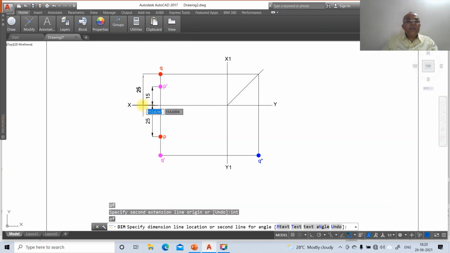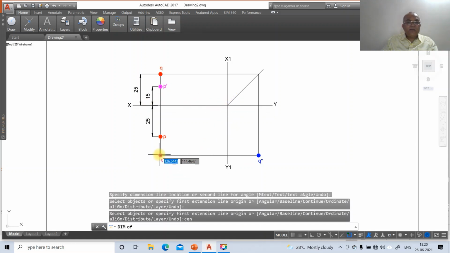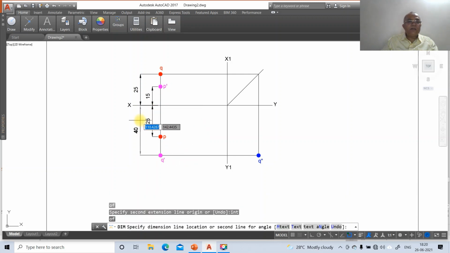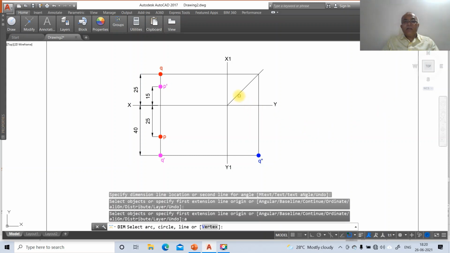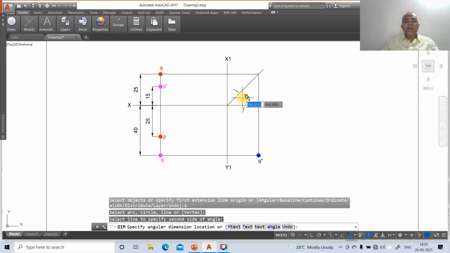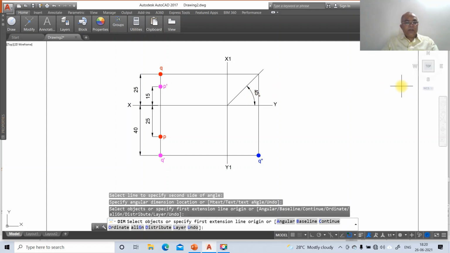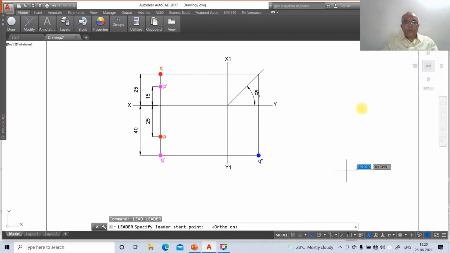So this dimension is going to become 25. Again you take center of this and take intersection point of this line and you will get this as 40. Similarly, you take angular, select between this line and this inclined line, so you will get it as 45 degree.